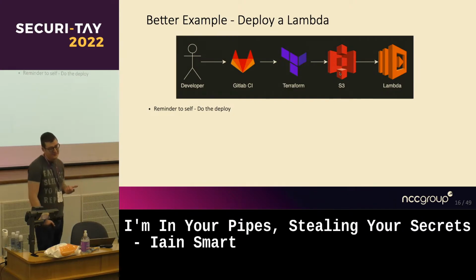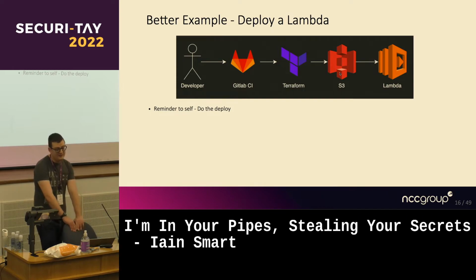So as a better example, I've got a pipeline written where I, as a developer, can make some code. I can write it. I can say to GitLab, okay, I've done a deploy. GitLab can then run Terraform, which you saw a couple of slides ago. And then Terraform, if anyone's not used it, is an infrastructure as code provider. I can define a bunch of AWS resources in Terraform. And when I do a terraform apply command, those resources will be spat out in a running AWS Lambda or whatever I'm doing.